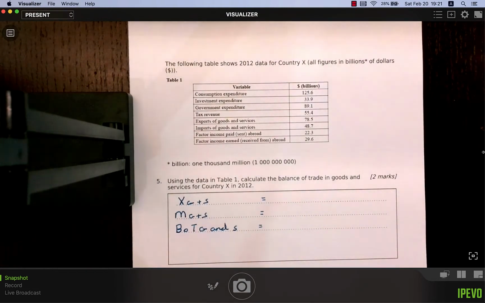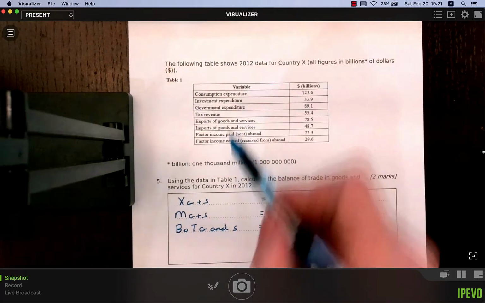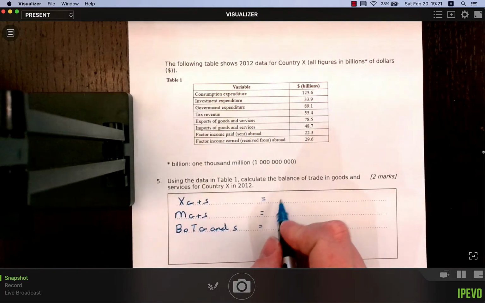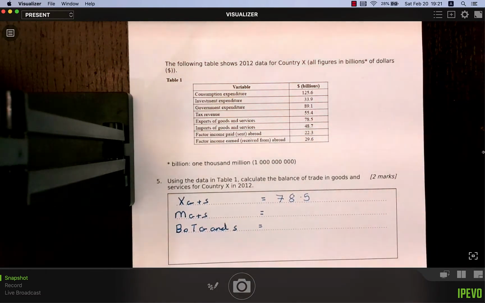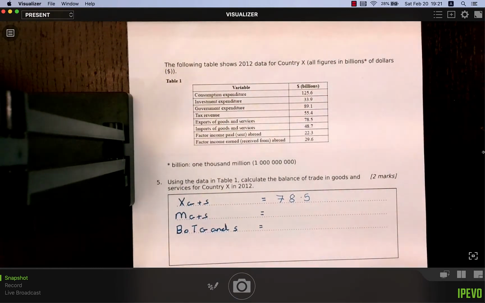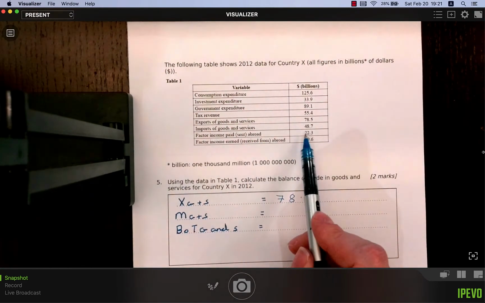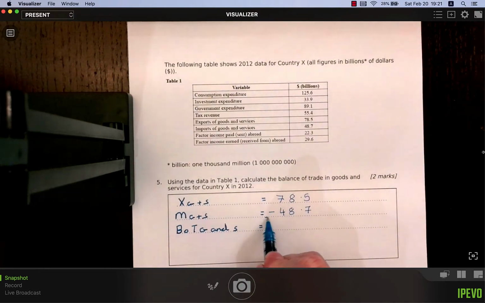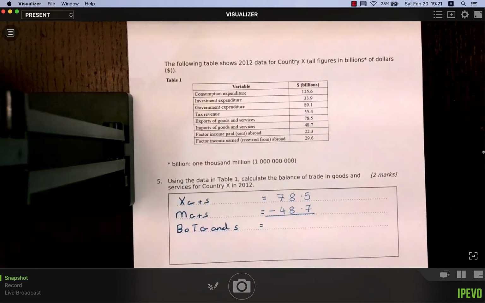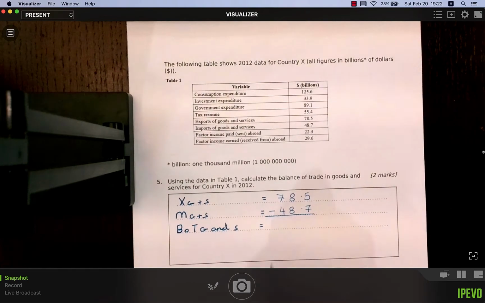You have to understand what the balance of trade is in general. It depends on your definition in terms of, are you talking about goods alone, services alone, or balance of trade in general, which is the balance of trade of goods and services. So we look at the data and we say exports of goods and services. Okay, well, the exports of goods and services is 78.5. Okay, that is a credit item, an inflow of money. Okay, the imports of goods and services is a debit item, an outflow of money. And if it's an outflow of money, it's reducing the value of the current account because this is being measured in the current account. All right, so if I take one from the other, what I get, and I just write my symbols down here,